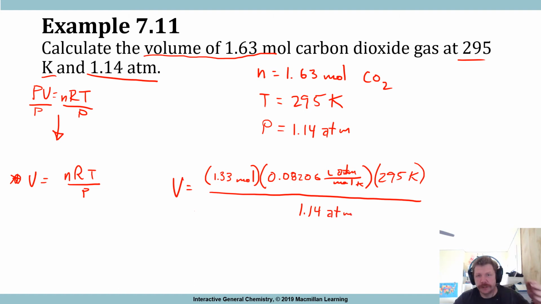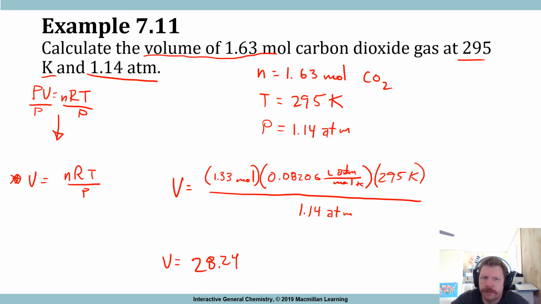All right, so this is just a plug and chug. So 1.33 times 0.08206 times 295 equals 32.1962 divided by 1.14. The volume of this sample is 28.24. And if you're just in a plug and chug mentality, let's go ahead and get rid of some units